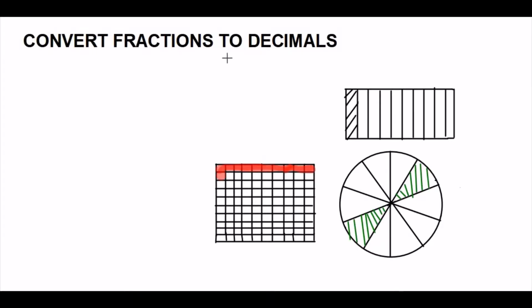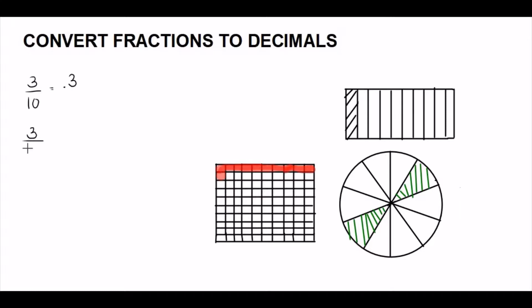Next is convert fractions to decimals. So here let's take fractions with denominators that are of the form 10, 100, 1000, like that. For example, 3 by 10. Here this is a fraction, so we have to convert this fraction to decimal. So here there is only 1 zero. So you know, after the decimal point there will be 1 decimal place. So you can just write the number. So after the decimal point there is 1 decimal place.